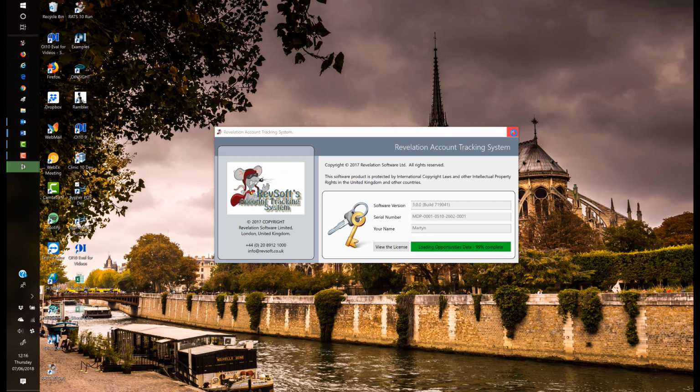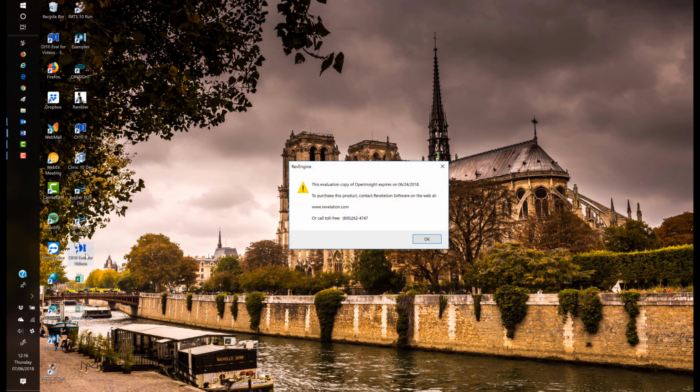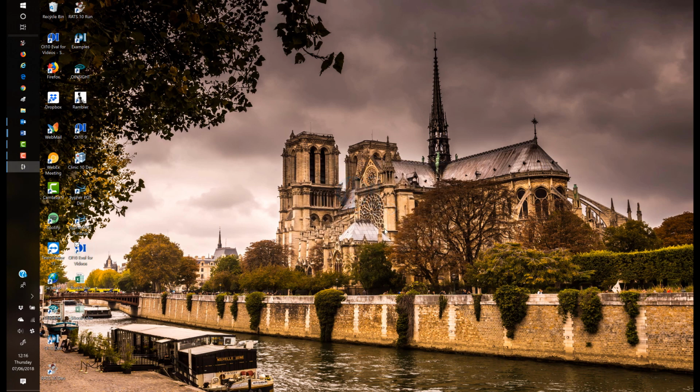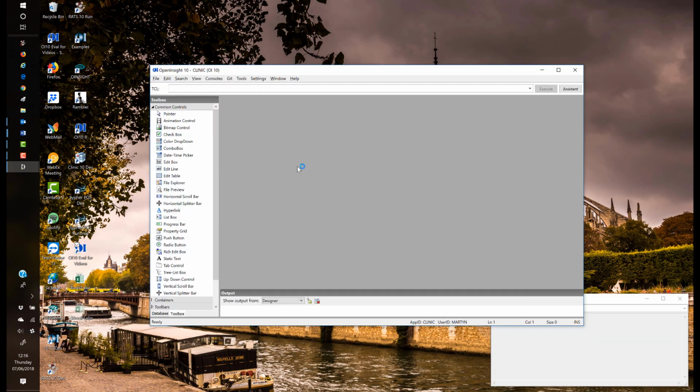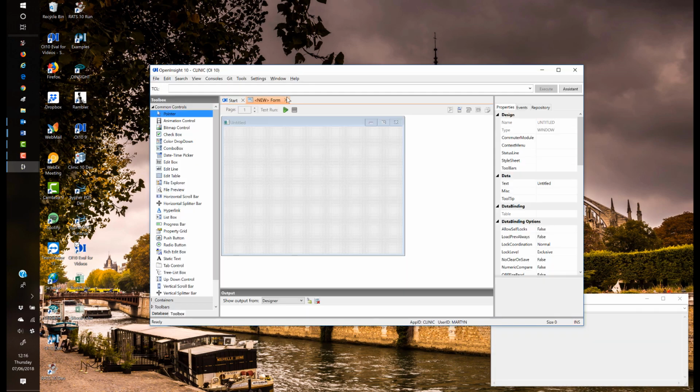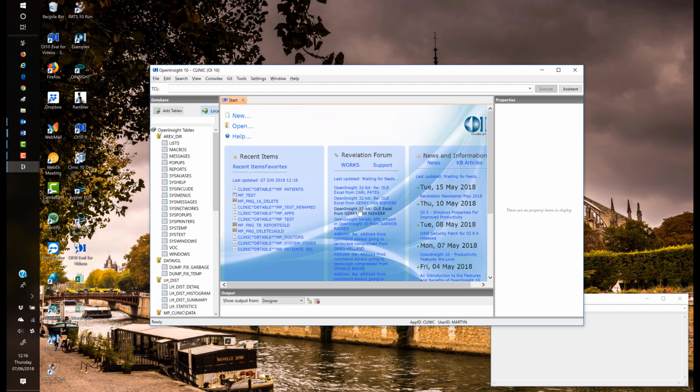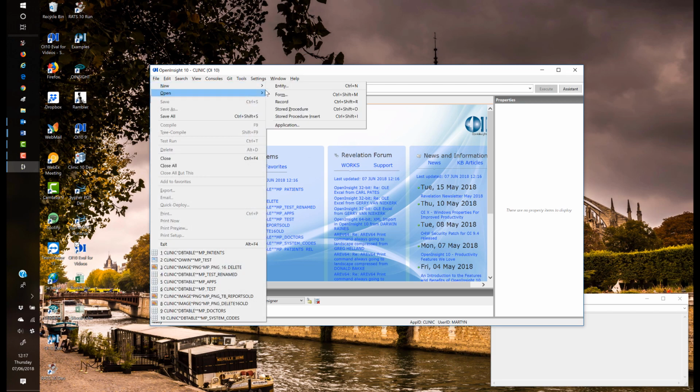Right, let's close this down and we will run up our evaluation of OpenInsight. So if we do OK, that will bring us into the interface. Now you could be in the forms designer, you might still have that MP test 1 form on the screen. You might have the start form on the screen. It doesn't really matter. Make sure you've got your system monitor running, and we will go to either File, New,